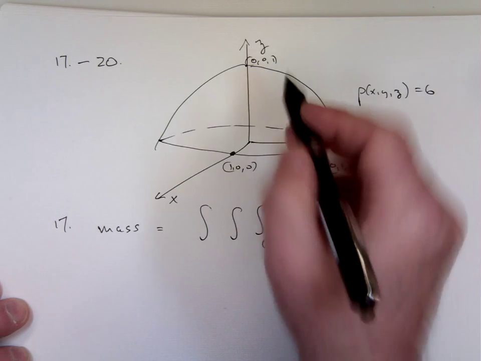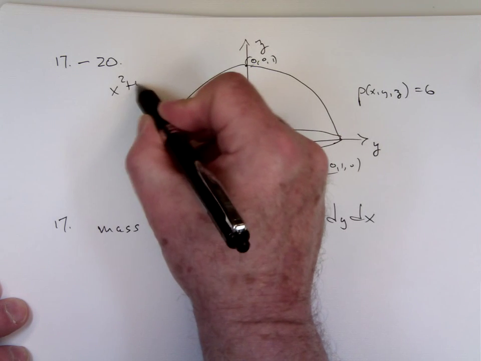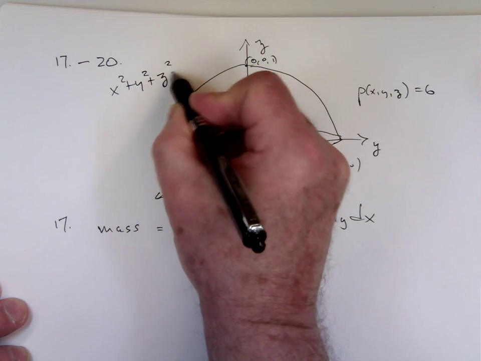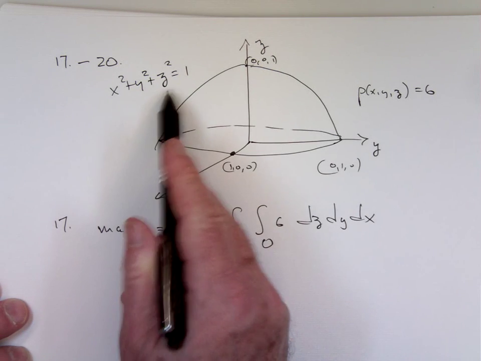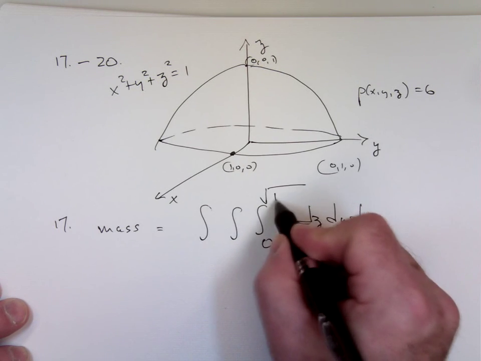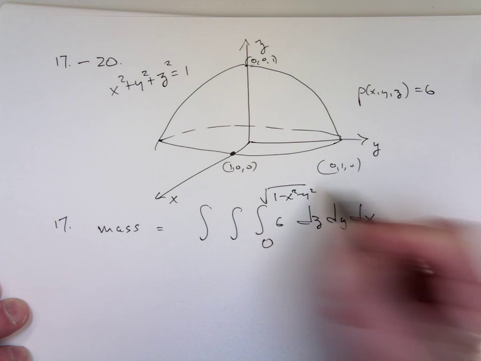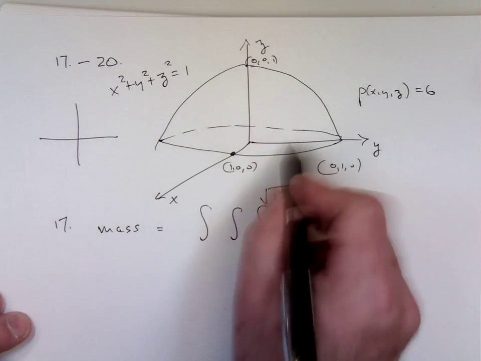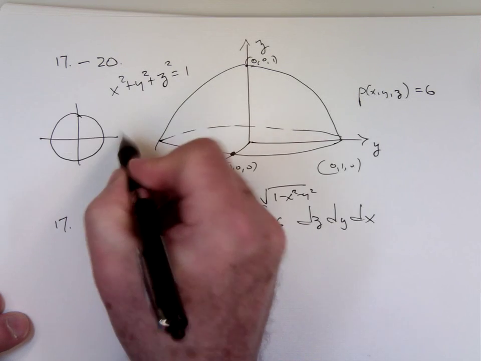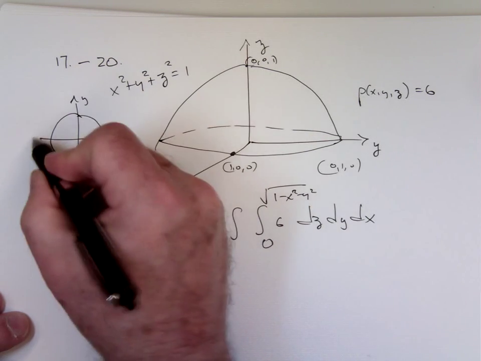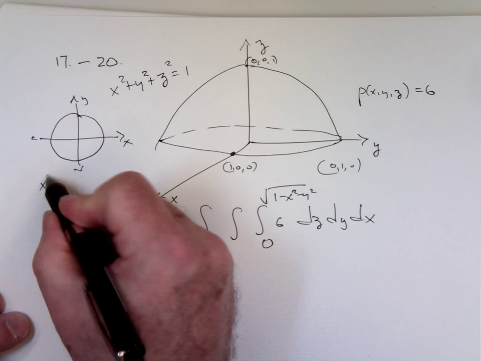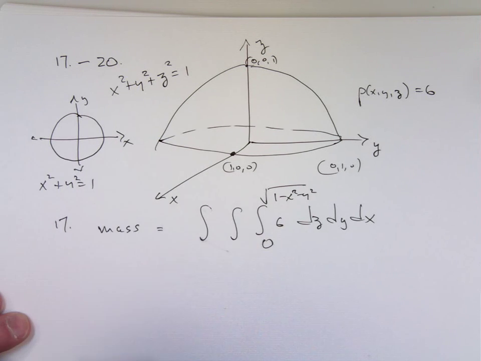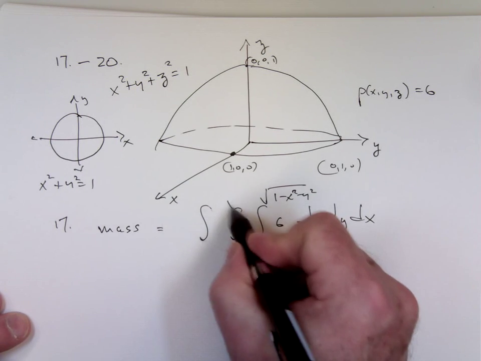The equation of that hemisphere, the equation of the sphere is equal to this. So the hemisphere is that square root, the positive square root. The y's and x's are going to be determined by this circle down here in the xy plane. And that's a unit circle. The y's will go from 0 to the square root of 1 minus x squared, and the x's will go